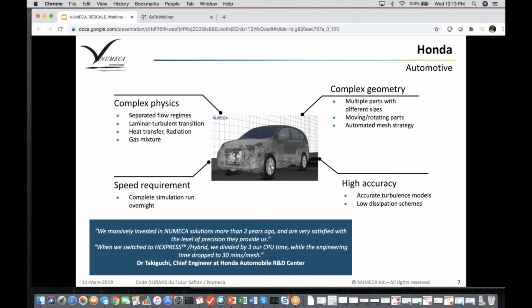Okay, and the third one, very different here, is with Honda. So here in automotive, you see a complete car that you want to solve. That's a big challenge. And when we started talking with them, we were talking about weeks to be spent on generating one single mesh, and then days to be spent on solving. And a lot of things have changed in 10 years. In 10 years, meshing that was almost impossible, taking so much time. And now, as of today, this is something that is meshed and solved,